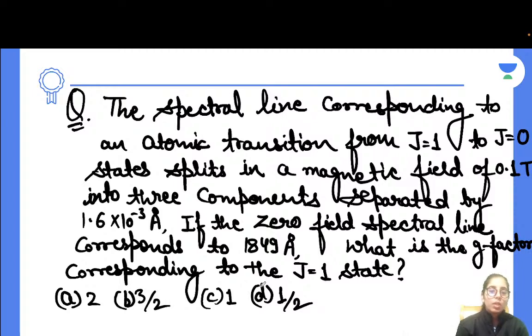So in that case, what happens? Your second term having the J, L, S in it becomes 0. And that's how you just get the value 1 in case of the normal Zeeman effect. So if you know the Landé g factor formula, you just have to put those values. You just have to see the Landé g factor value you are getting, and that gives you option C to be the correct one. Tell me if in case there is anybody having any doubt, we can talk about it then. And if everything is clear, that's great.